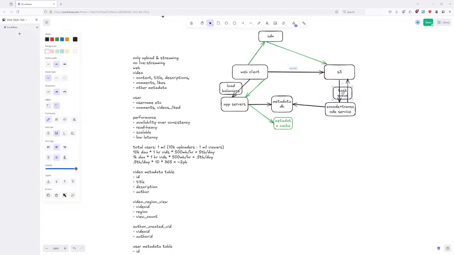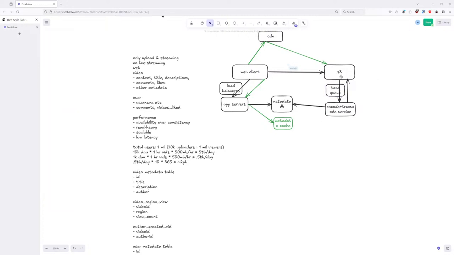And so you need to have a load balancer in front of it. It's not really a load balancer, you can think of it as a queue. Queue is fine, but you essentially need to have a load balancer in front of the input of your distributed transcode service to give all the videos to the correct place. So this is the purpose of the task queue, and it's not just a random buffer. Buffering is not needed in this context. The requirement is that you need to distribute all the incoming videos to be eventually encoded.